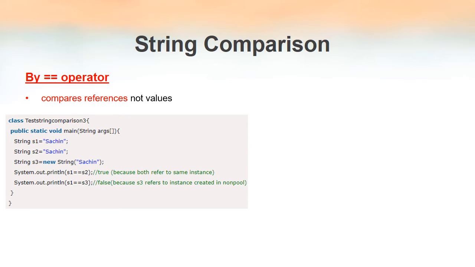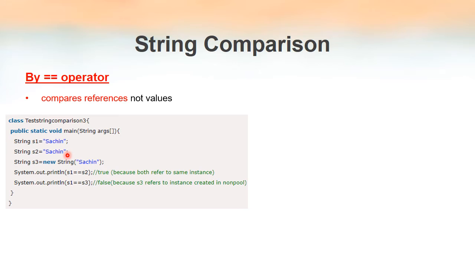See here, we are using the same example as before. S1 equal to Sachin and S2 is also Sachin, both the words are the same. In the previous case S2 was completely in capital letters, but now it is exactly the same as S1. As you know, when we create a string variable, JVM searches inside the Java string constant pool to check whether a string with the same value already exists. So assume that there is no word named Sachin inside the string constant pool before this line. When this line of code is executed, JVM creates a new word Sachin inside the string constant pool.